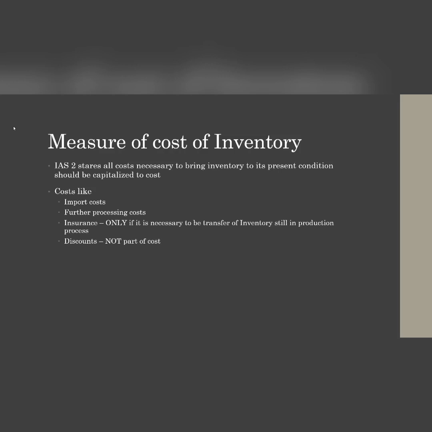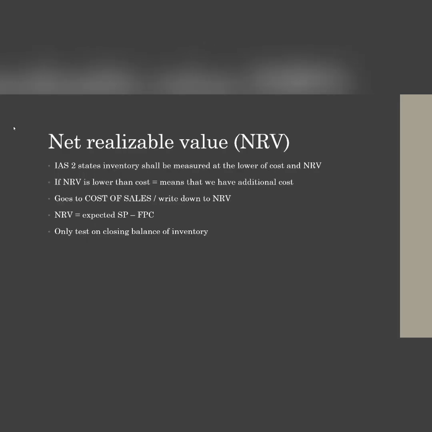So yes, that's measurement of cost. Now, as mentioned earlier, the NRV, IAS 2 states that inventory shall be measured at the lower of cost and net realizable value. So if the NRV is lower than cost, it means we have an additional cost because we recognized an asset at a cost that was higher, but in reality it was actually lower. So it means we didn't account for an expense or something while measuring this asset, or circumstances changed,